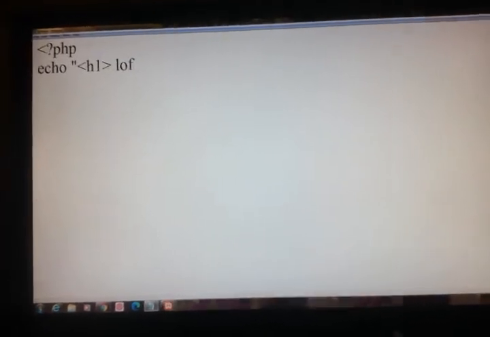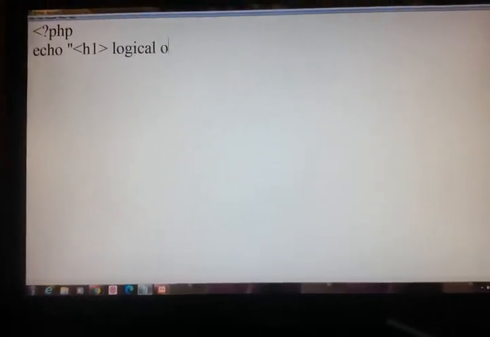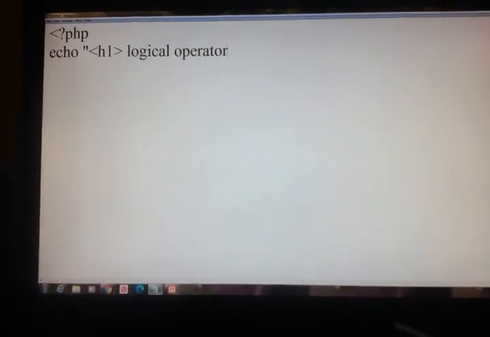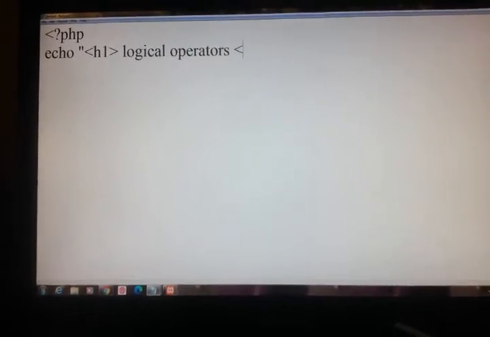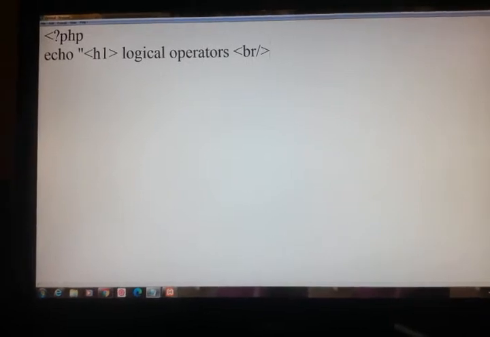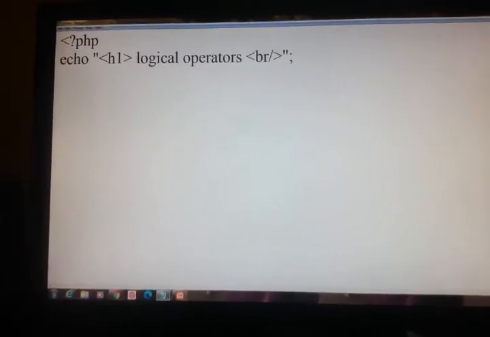So we have to open our PHP. Then I will use echo. So this will get logical operators.